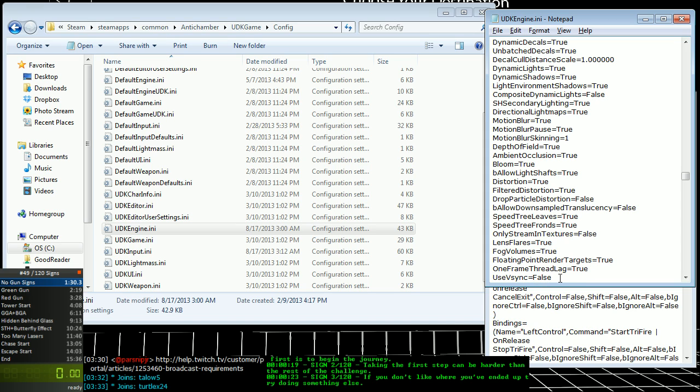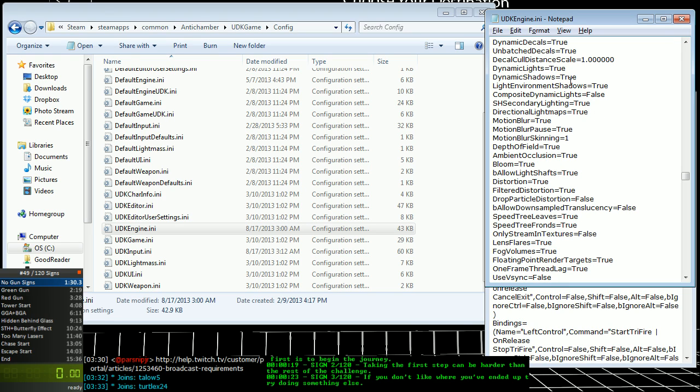But if you're going to be playing full screen, sorry, if you want to remove the FPS cap, VSync has to be off. And bSmoothFrameRate has to be true. MinSmoothFrameRate doesn't matter. And MaxSmoothFrameRate set to 999. Make sure the game's closed. Save this. If it doesn't save, then you have user access controls enabled on your Windows 7 or Windows 8 machine,